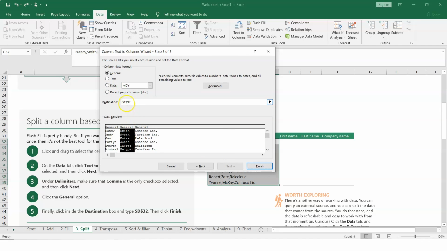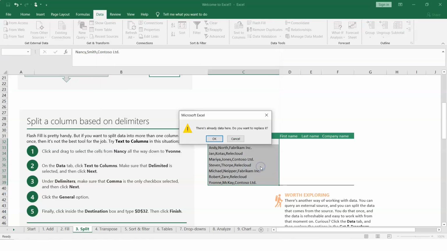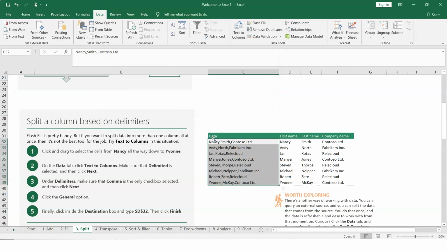Let's select this one, and I can choose what I would want to have. So that shows me this would be my data preview. Now I can select this one, say finish and say OK. And now, if you see, our data has been placed in the columns appropriately. So this is how you can split your data based on a delimiter and organize your data in a